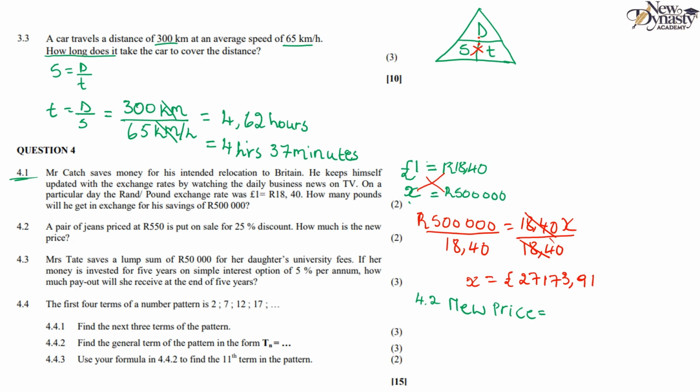So you can do it that way. You can go and calculate 75% of your original price. So that is 550 multiplied by, remember, every percent as you see it here, you have to divide it by 100. So that is going to be 75 divided by 100. Then you use a calculator, then you get the value of what, and it is in rands